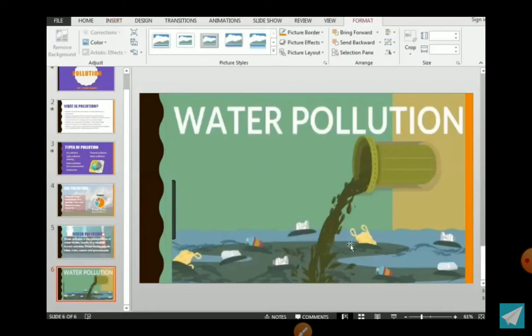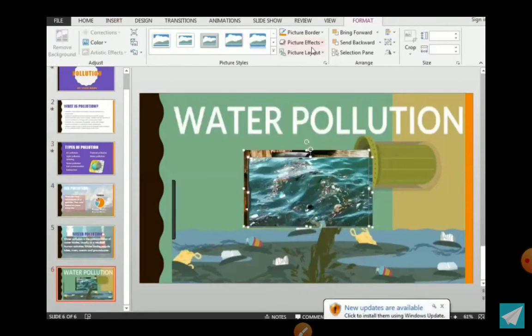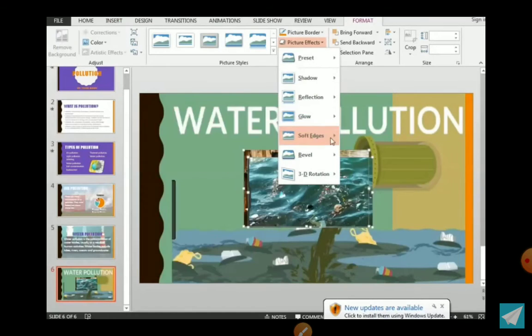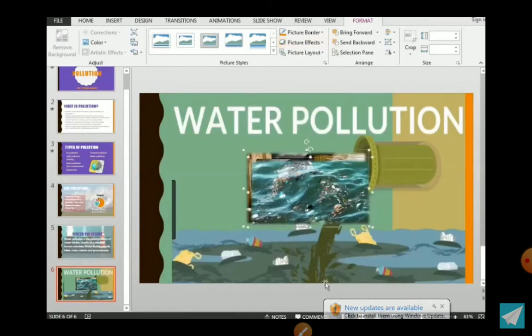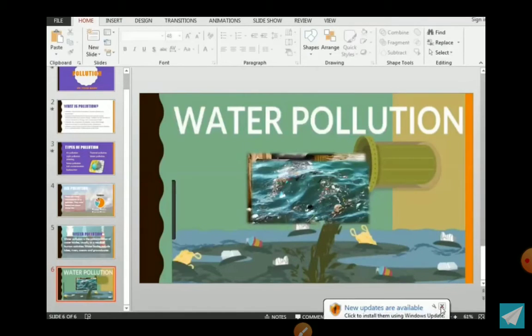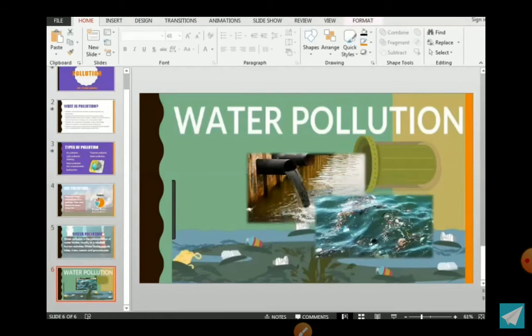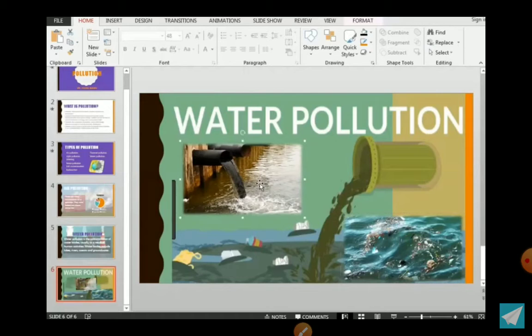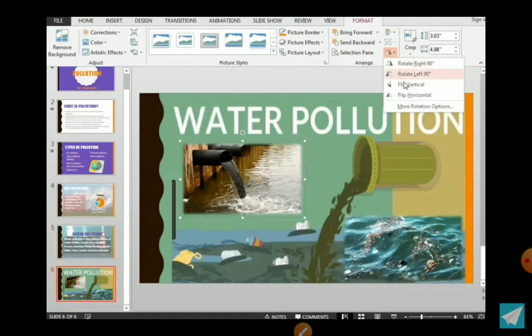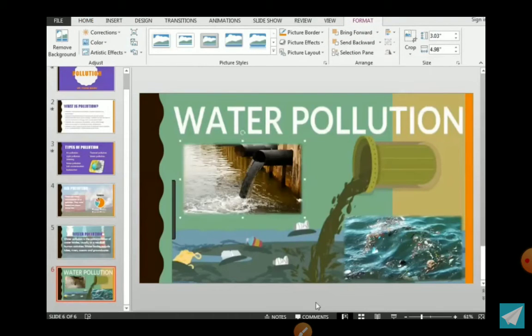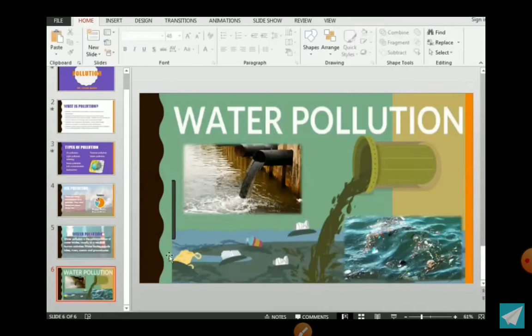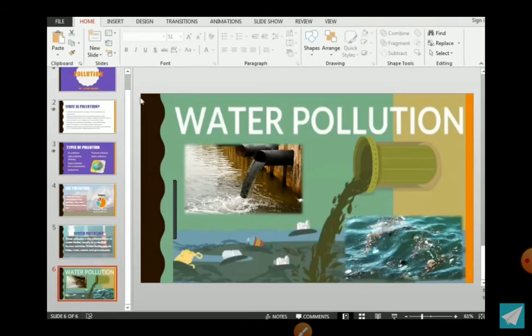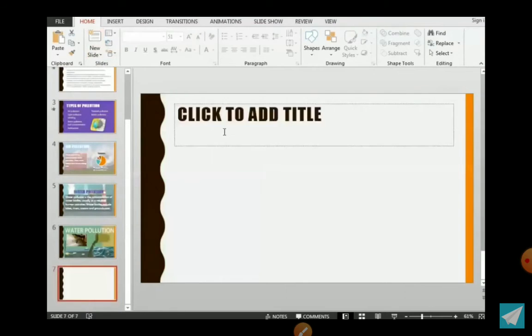Insert more pictures. That is the layout effects of the picture. Adjust them. So these are the sources of the water pollution. We can flip the picture also. Okay, the direction has been changed.